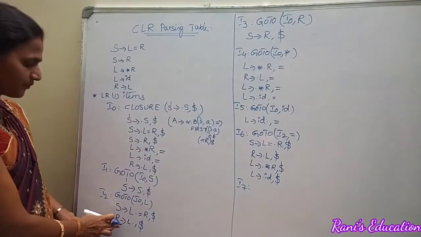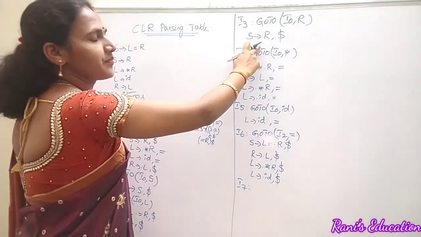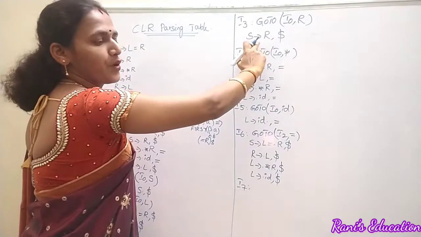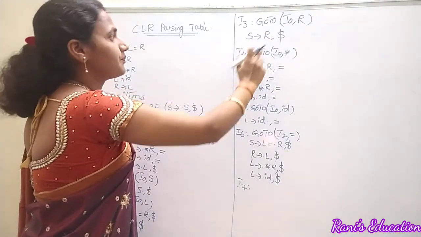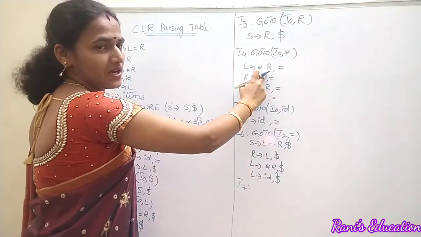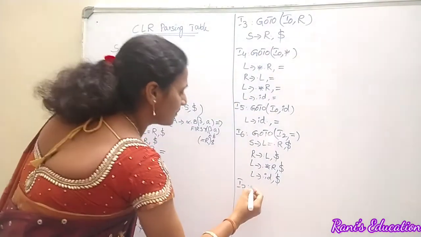Now move on to next item. So you can see this production is completed, right? Now move on to third item. This is also a completed one. Why? Because the dot is placed at the body end of the production, right? Now go for I4. So here the first item is not yet complete. The first production is not yet completed. So first we want to complete that.